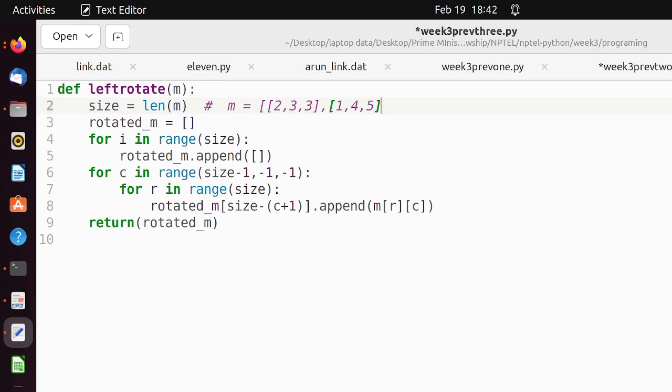1, 4, 5. Then 5, 6, 7. Like that. Then what will be the size? The size will be 3, because the length of M is 3, because it's a 3 by 3 matrix. Now coming to the rotated M, I have just mentioned here rotated M as a name,